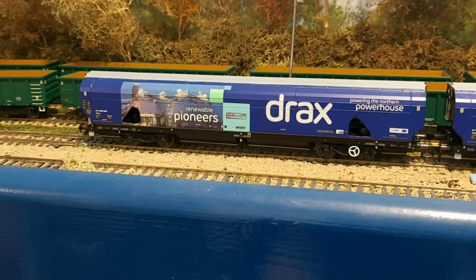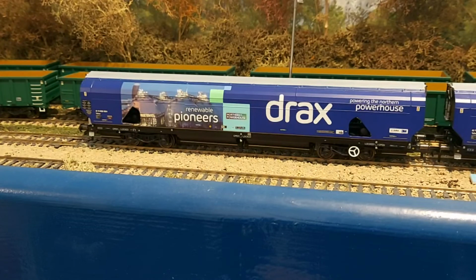So we'll finish off by spinning around and you can have a look at them on the layout. So here we are at Goswell Sidings, and I've only got 4 on show because the other 4 are exactly the same. What I will say to you is that these wagons are absolutely exquisite,